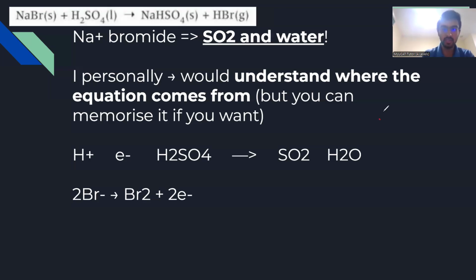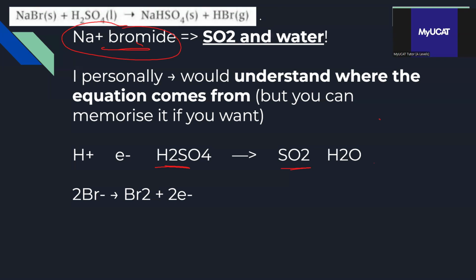So if we start from this question here, what I've said is that when we have the reaction with sodium bromide, which is a better reducing agent, it's going to reduce the sulfuric acid down to SO2. So it's going to reduce down to sulfur dioxide. And if we look at